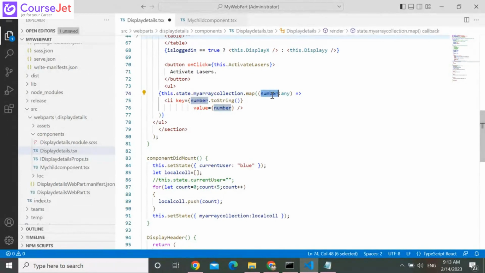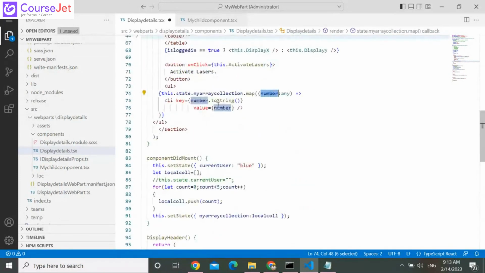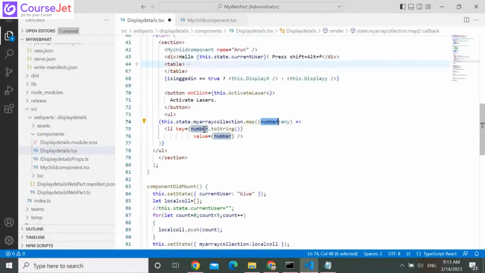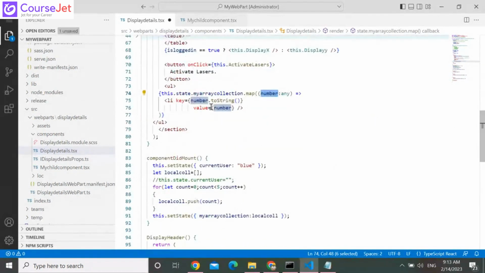Each time we iterate, it will be assigned. Like the count variable we gave in the for loop, which we are incrementing, in the same way we have a number variable here, and that number variable will hold the value. That's the thing. So if we run it,